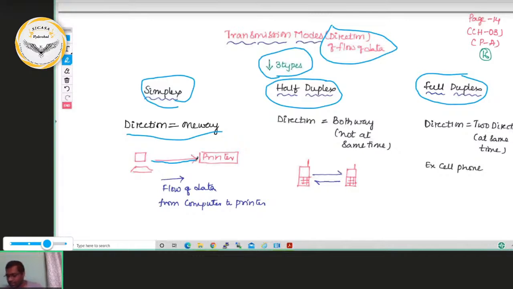So what do you mean by half duplex transmission? So half duplex transmission is nothing but if the direction of flow of data is in both ways, not at the same time, then it is called as a half duplex. A perfect example is